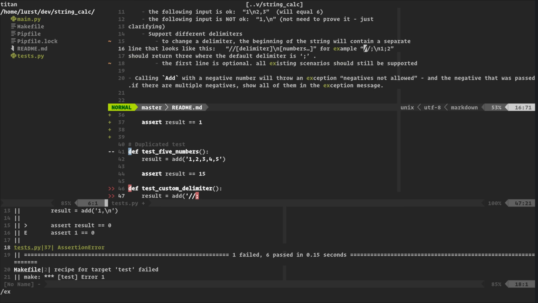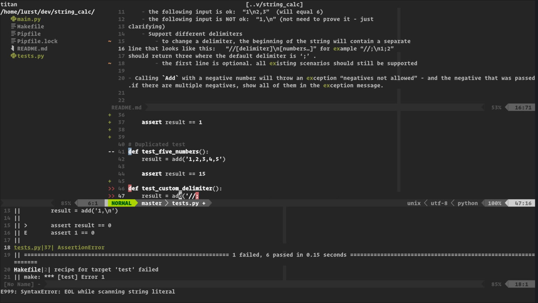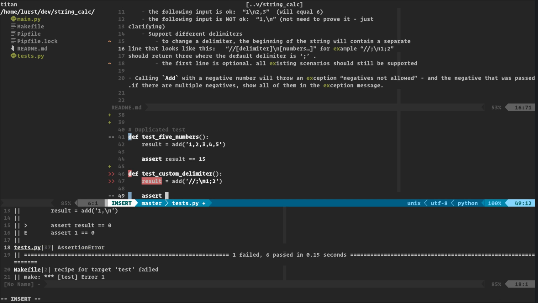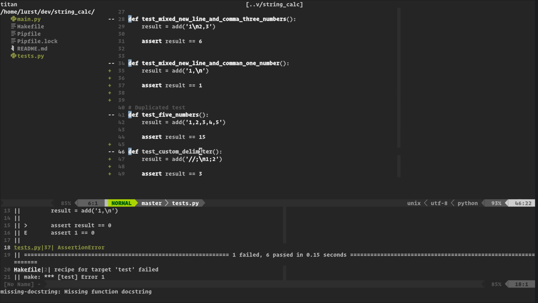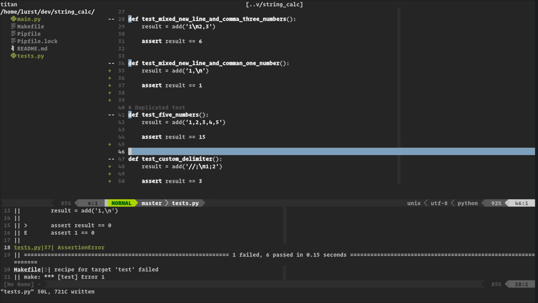So this is the example, and we're going to assert that the result is 3. Right, should return 3 where the default delimiter is, well, not the default, right? The custom. Okay. So the first line is optional. All existing. Okay. So this task should cover all that we need, right? So need a new line here.